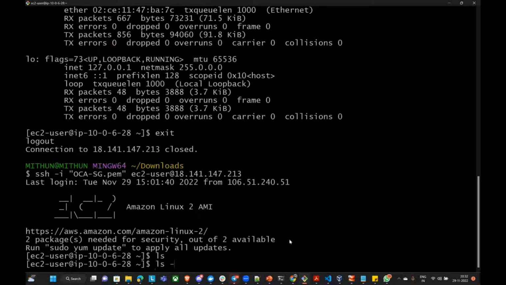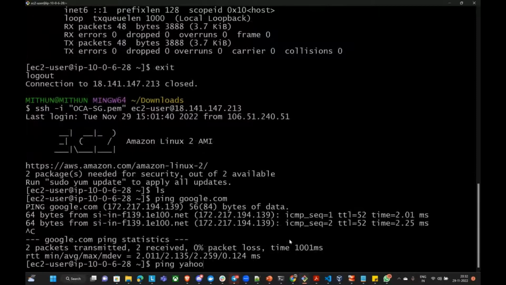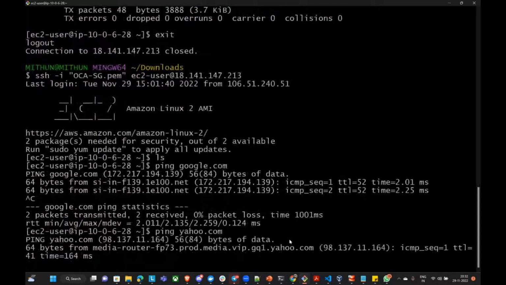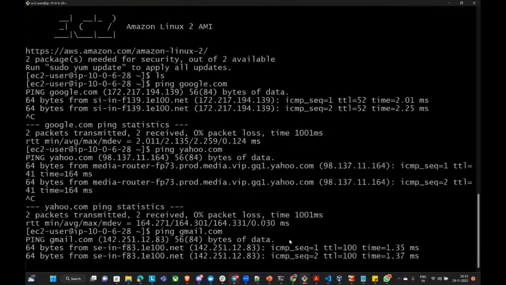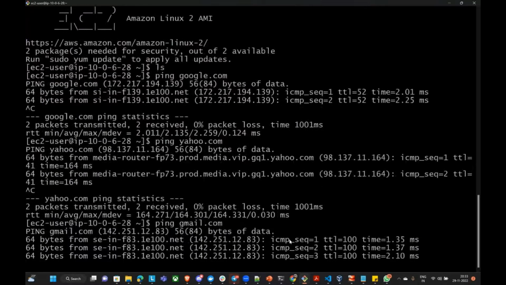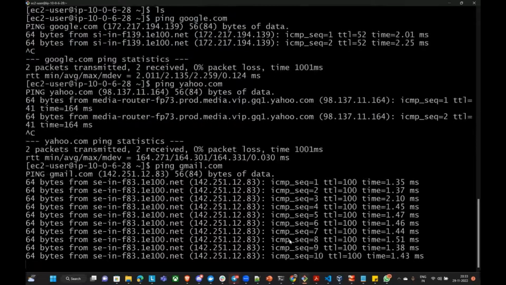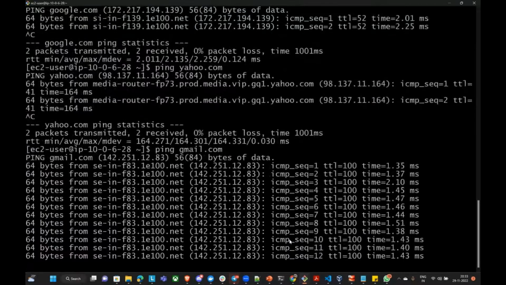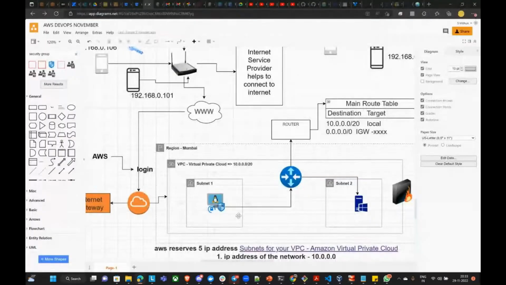Now you can connect to google.com and you can check yahoo.com. So you are getting a response, or you can check gmail.com also. So this is connected to the internet, so no issues. Perfectly fine. Now, but in some scenarios, what will happen is that